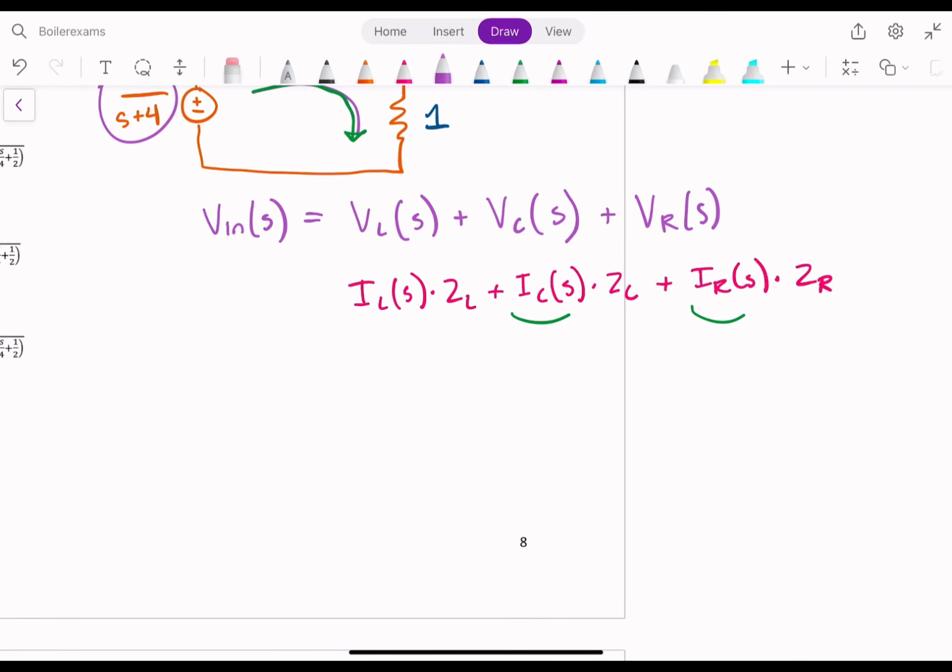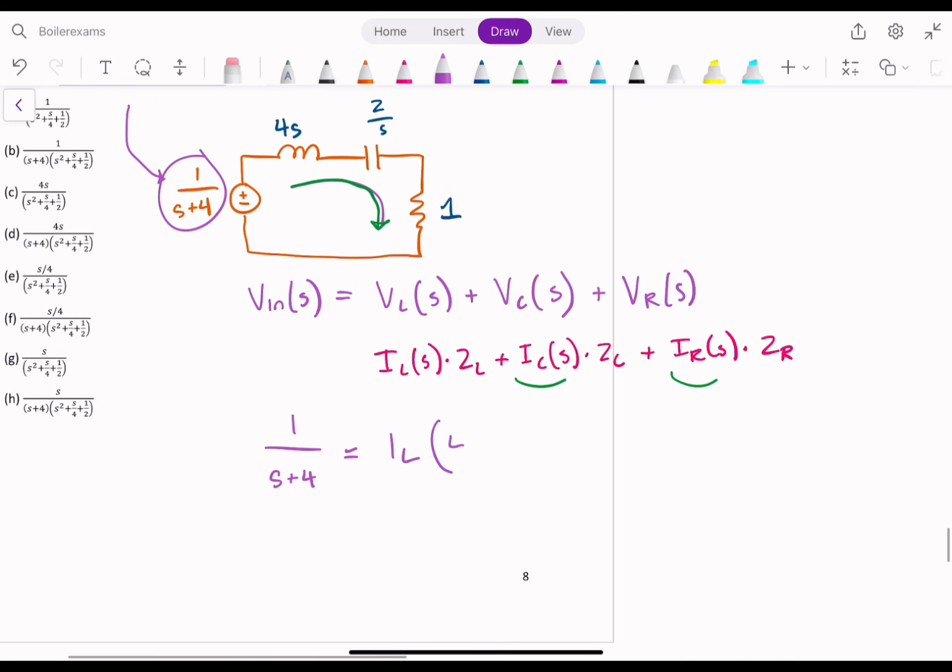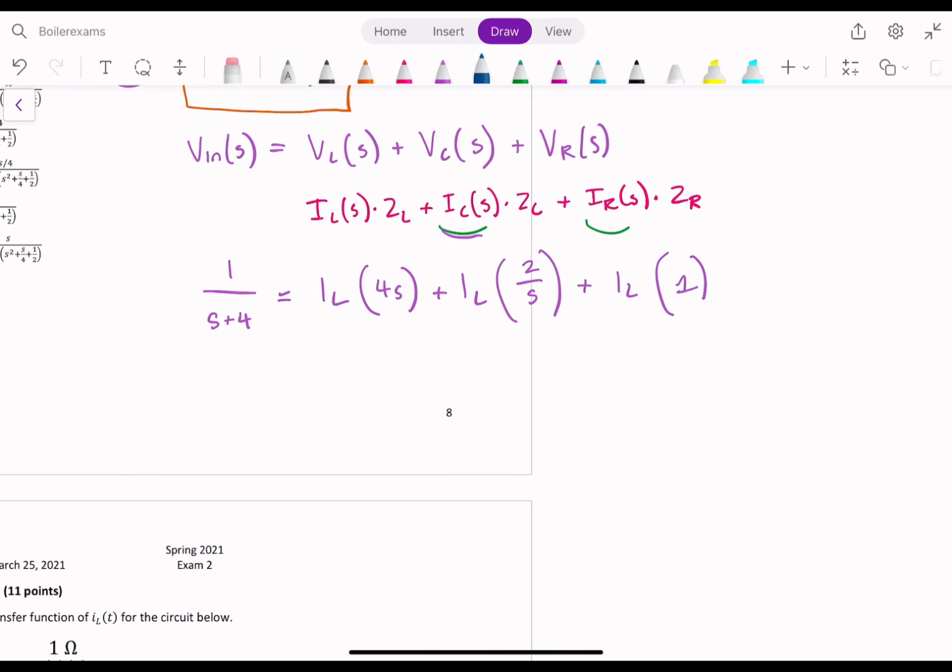And so we can say that V in of S, which is 1 over S plus 4, is equal to our inductor current times the impedance value of that inductor, 4S, plus our capacitor current, which is equal to I sub L, what we're trying to solve for, times our impedance value of the capacitor, 2 over S, plus I sub L, times 1. And so then we can factor out this I sub L term here, and we'll get